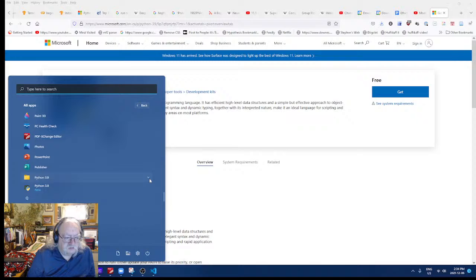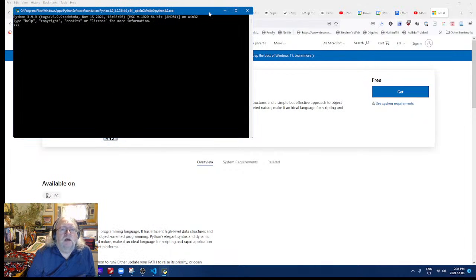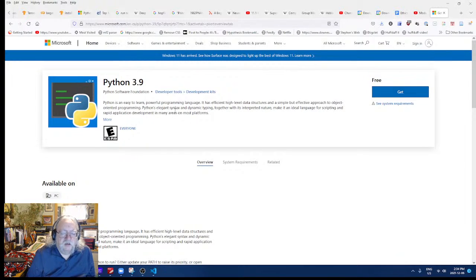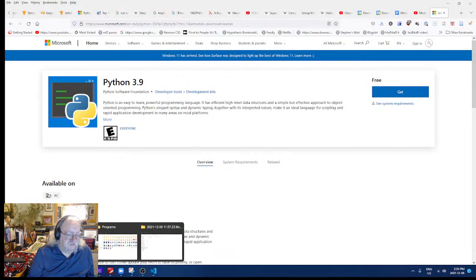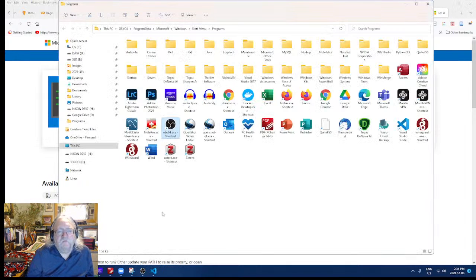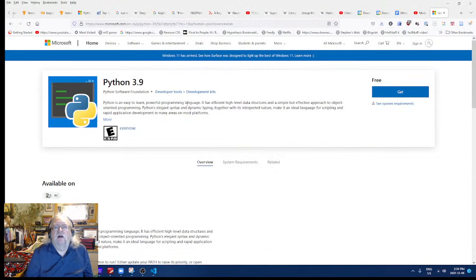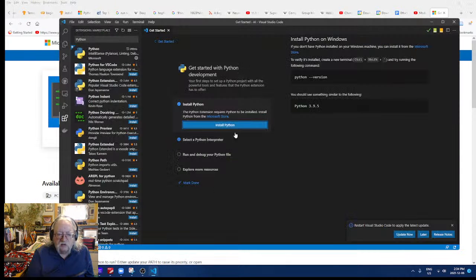Huh. Idle Python. So it's kind of weird. I have two versions of Python 3.9. But, okay, that's the sort of thing that happens when you're working with Python. I don't know how to remove the old version. Probably doesn't take up too much space. I hope it doesn't confuse stuff. All right, so let's close and reopen.